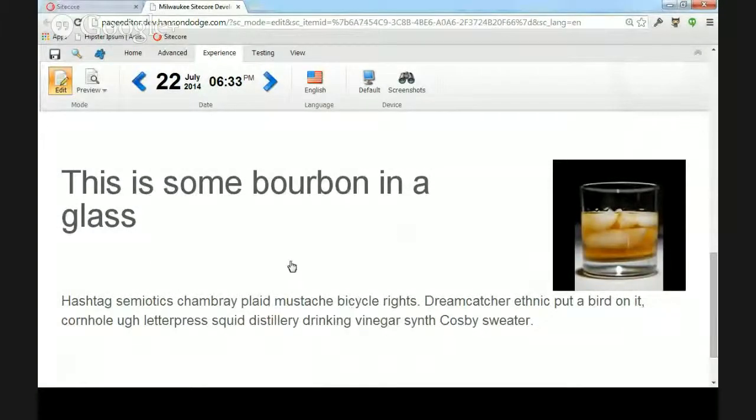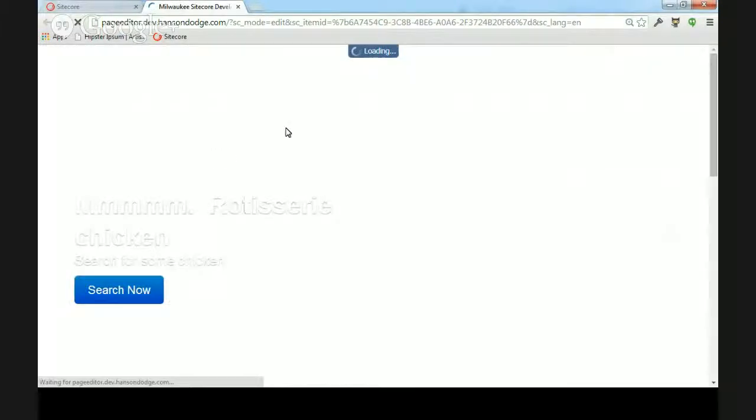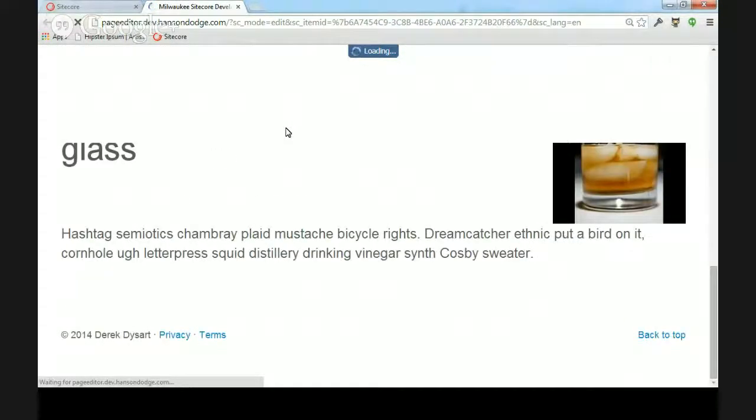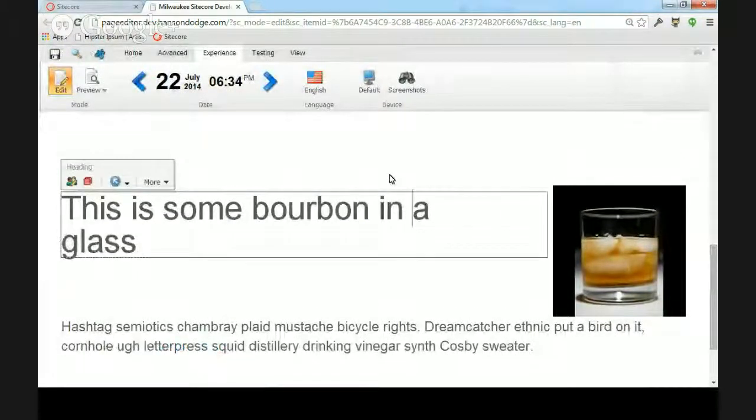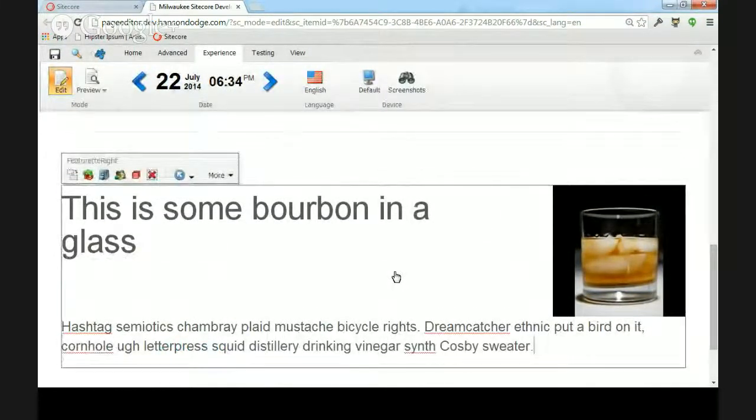So in this case, we have a sub-layout here. We have this, I call it a featurette. It's a heading and some text. One of the things is